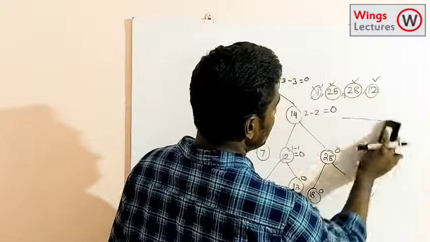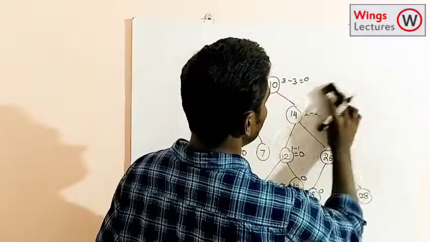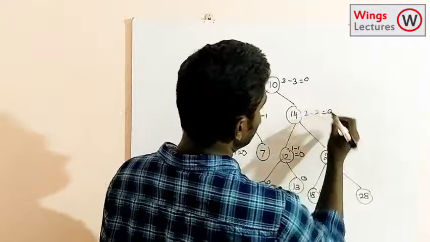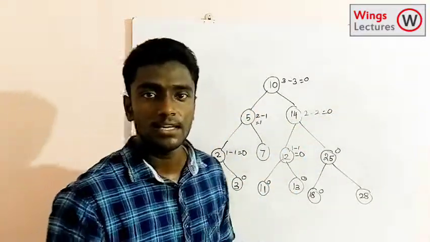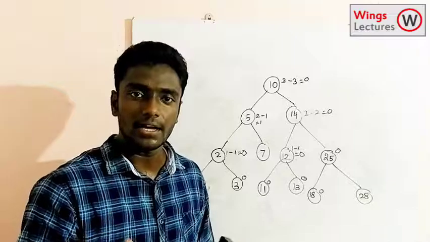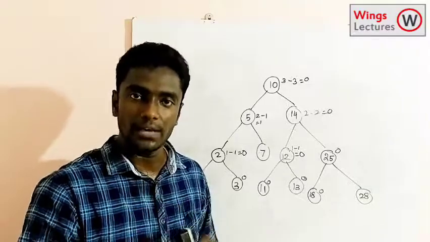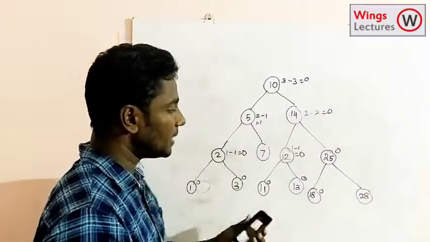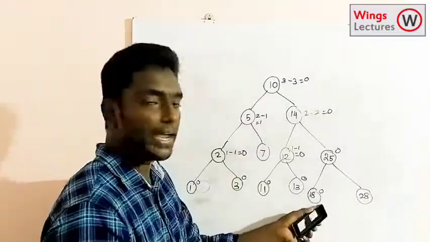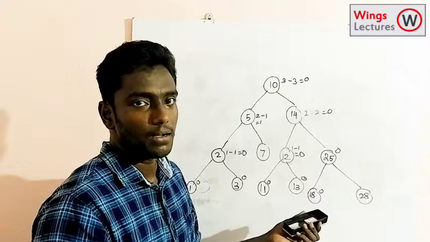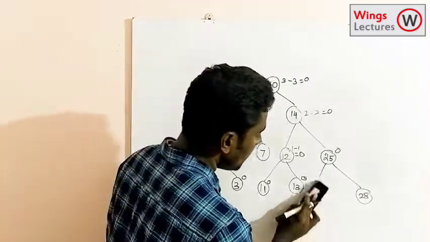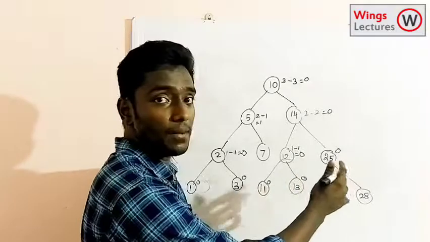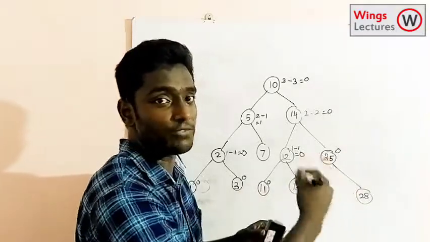So here also we are having 3 cases, okay? So what are the cases? A node having 0 child, a node having 1 child, a node having 2 childs, okay? See, if I want to delete a node 18, so 18 doesn't have any child. So after deleting 18, I have to check the balance factor of each and every deletion.